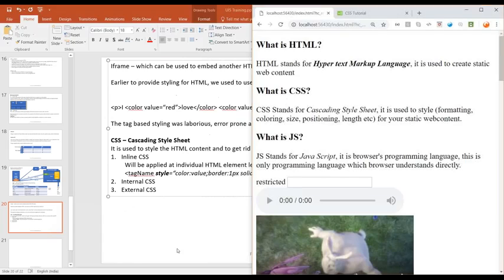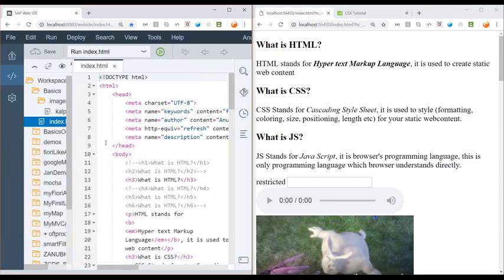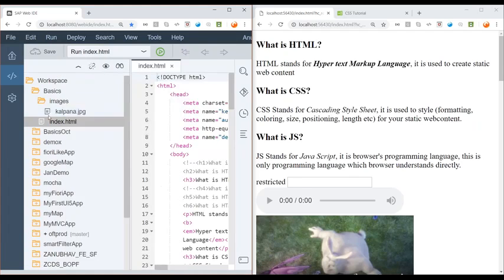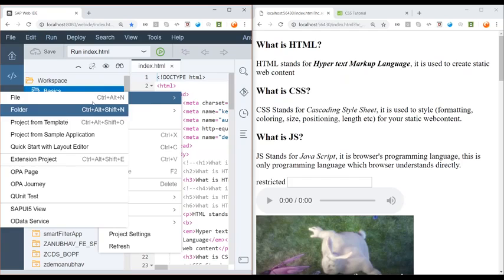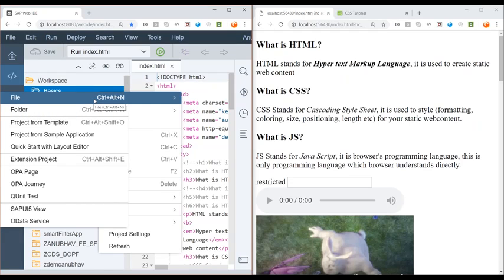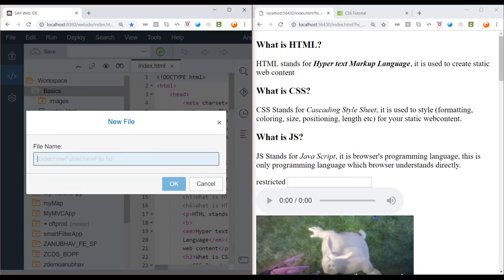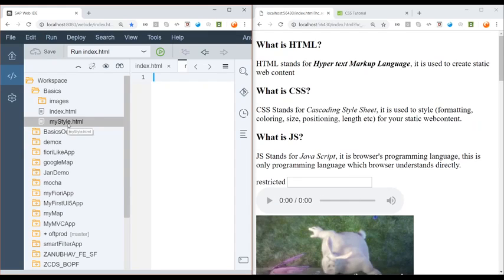So let's once again go phase by phase, and I just go in here and create another HTML file, guys, because the current one looks very clumsy. So I'm creating another HTML file, name it my style.html, and I've added this over here. And now I'm going to also tell the system, hey, whenever I click on this play button, don't run index.html,